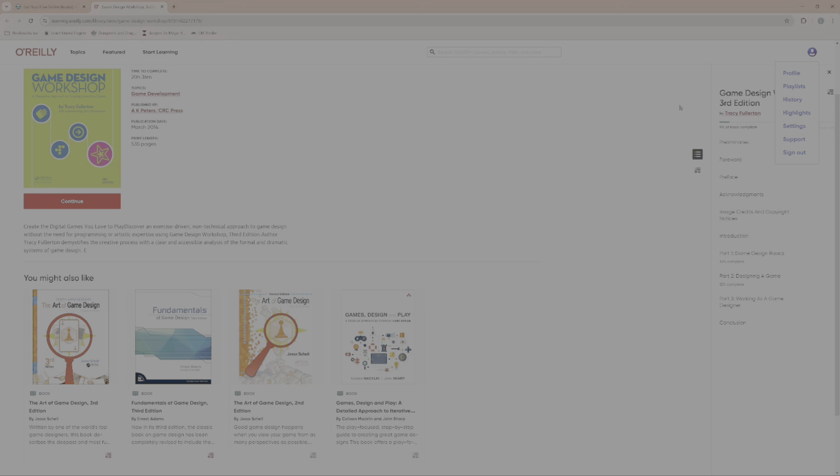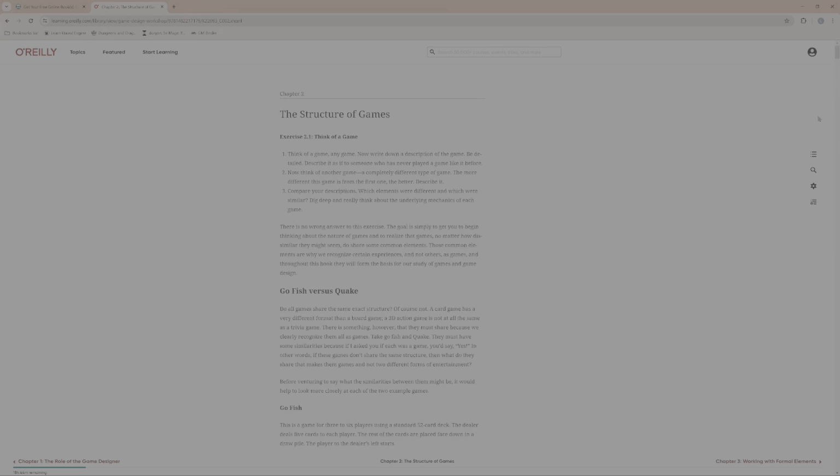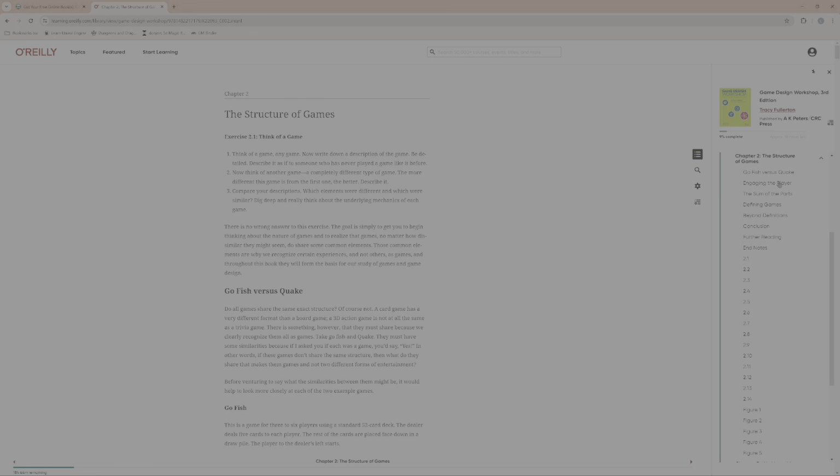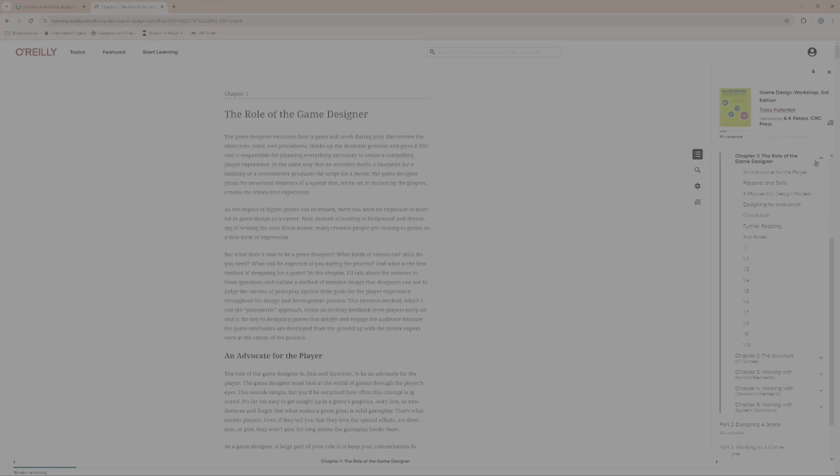So once you've logged in, you can go into here. It's pretty self-explanatory. You can go into the book, continue into the book, and from there you can start going through the structure of the chapters. So to start with, read chapter 1. Whoops, let me see, I'm still navigating. Chapter 1 and chapter 2 are pretty light. They're really just a cursory overview of what skills you should have, how you design for innovation, and what the process is like for play-centric design.